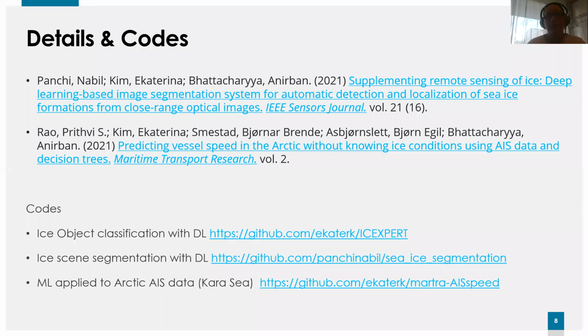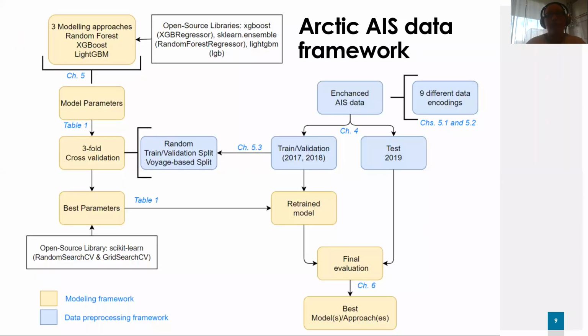Another example that I would like to talk about is the application of AI to historical AIS data from the Kara Sea region. In this example, we have tried using both fully connected neural networks and also decision tree approaches to handle AIS data, and both can do this very well. Today I only present results from the decision trees, specifically XGBoost, LightGBM, and Random Forest,